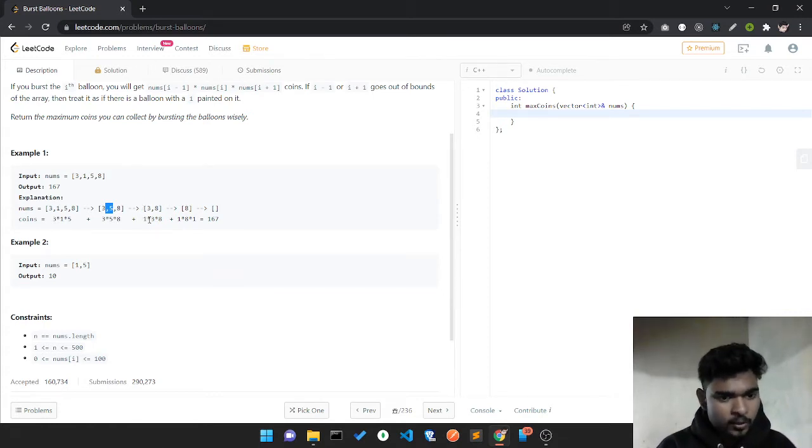So the value is 1 times 3 times 8 after bursting this 3.